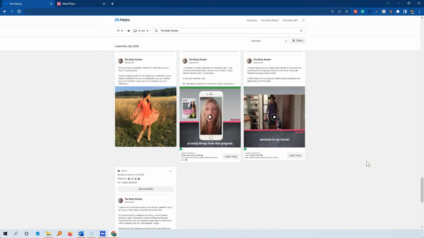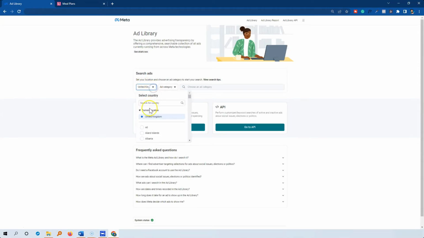So now quickly, as a bonus, I'm also going to show you how to find multiple competitors in your industry and find them with winning ads as well. So this is what you do. You want to start by clearing all the data. Wait for it to load. Now you can select your country. For me, I always just put all